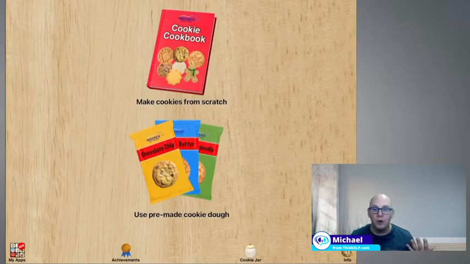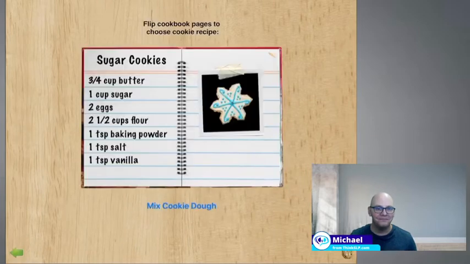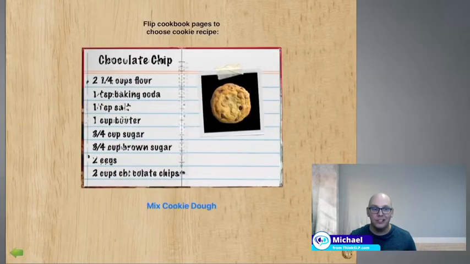So, when you want to cook in speech therapy, and you want to make some cookies, just like in real life, you have to decide, are you going to use some pre-made dough or a recipe from scratch? Let's be optimistic and use the recipe. So you just click on your screen and it'll open up your recipe book. Once you're in your recipe book, you'll see there's a zillion different recipes, and you can just swipe through them